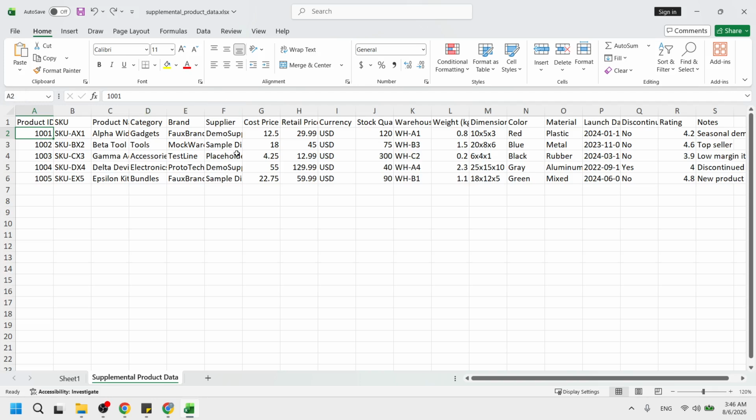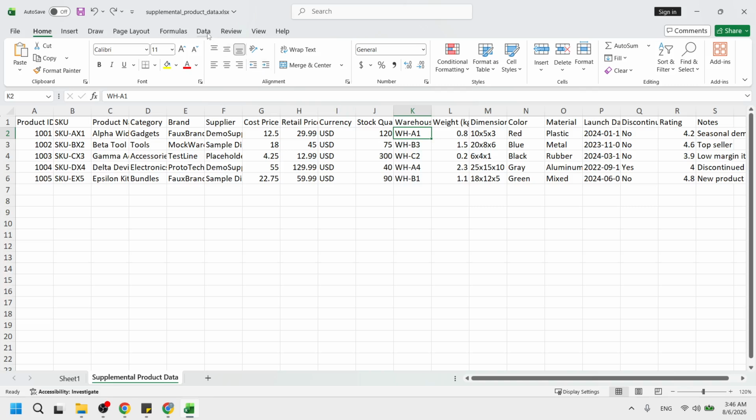Now, click any cell inside your data table. Make sure you click a cell that is within the block of data, not an empty cell far away. When your cursor is inside the table, Excel uses that position to understand which range of cells belongs together. You should see the active cell highlighted with a border, confirming that Excel is focused on that part of the sheet.